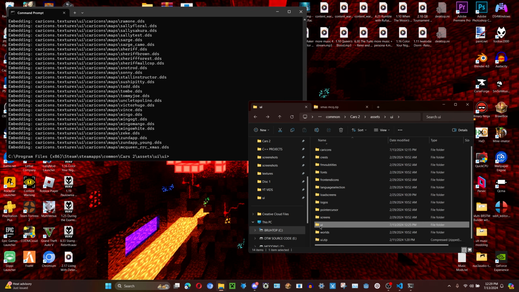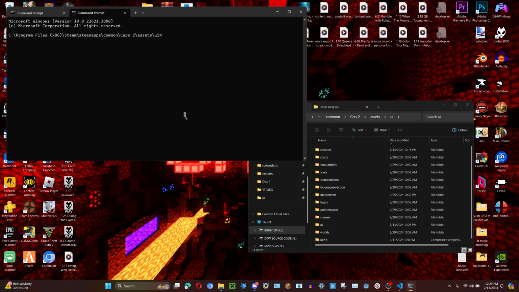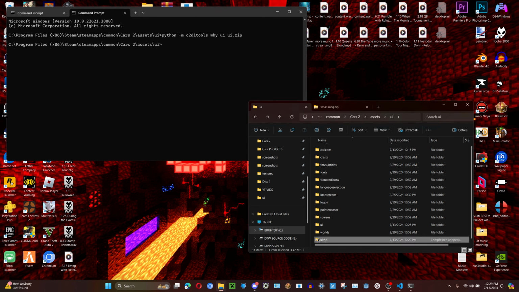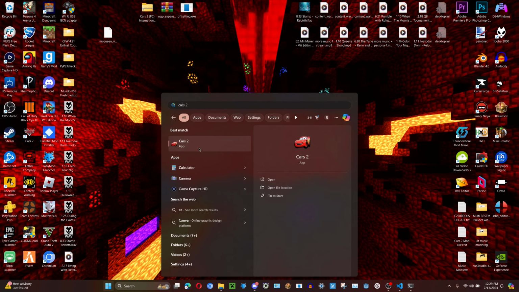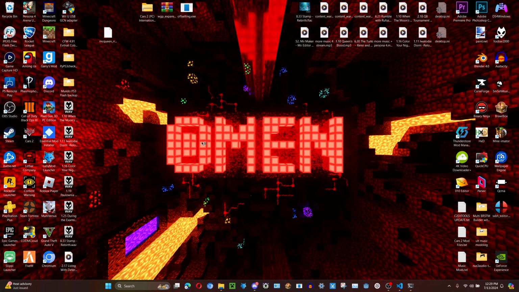All you have to do now is turn this UI folder back into a zip. Same way we did with the car icons folder. So you're going to want to go back, type in Python -m c2di tools, and then ui.zip. And boom, there you go. The zip has been updated, and if we open up Cars 2, we should see our brand new icon present